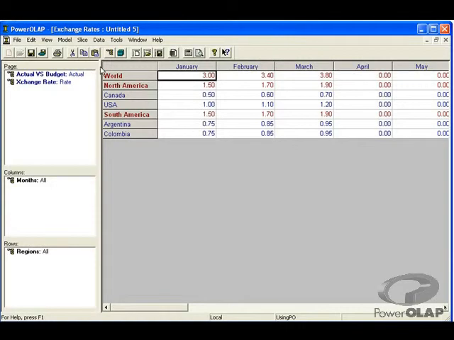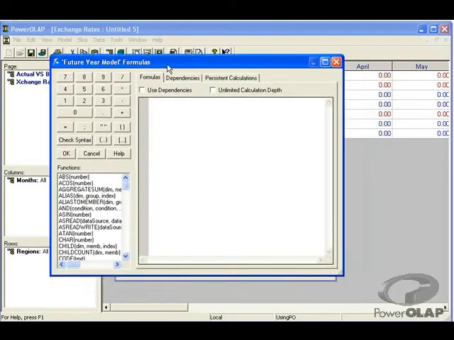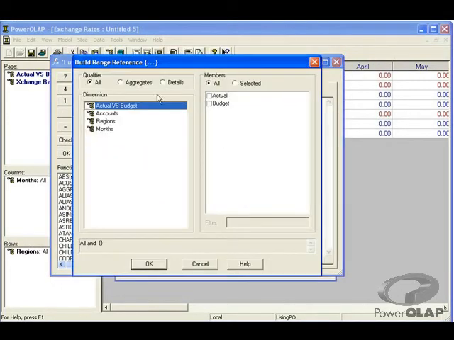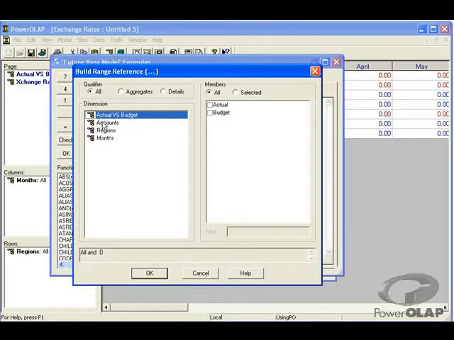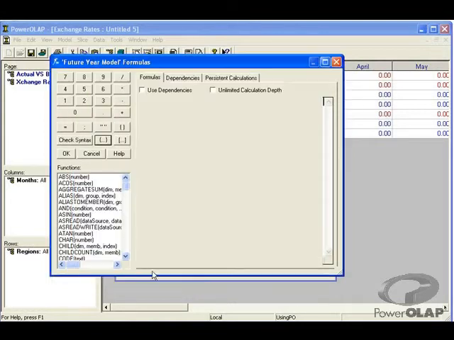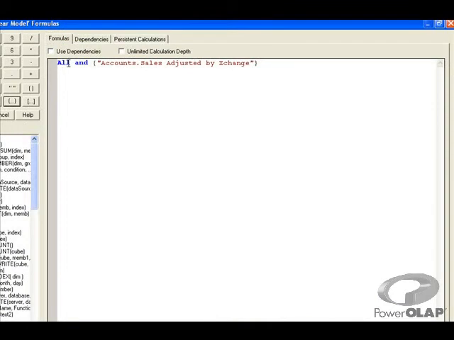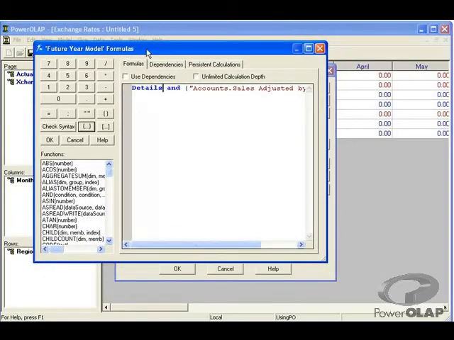Now that I've got my accounts dimension set up for these new calculated values, I will go into my cube and build formulas to calculate those values. So again, we'll use the future year model. I'm going to now define the left-hand side to use those new members that I've defined. I'll do them one at a time. Accounts, sales adjusted by exchange at the detail level, will be calculated equal to